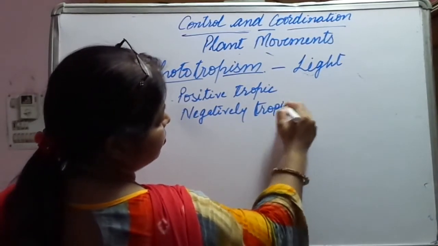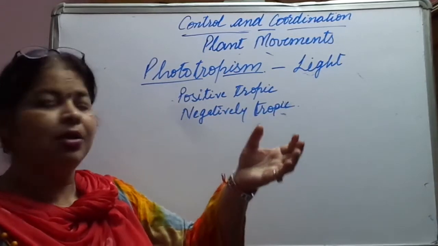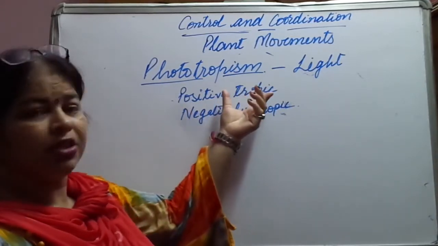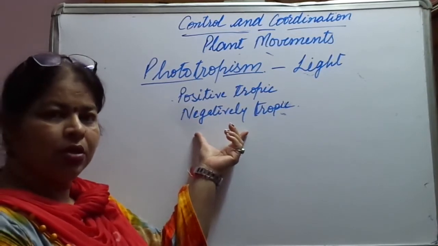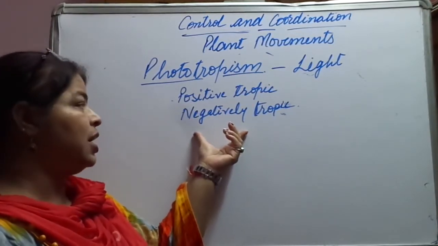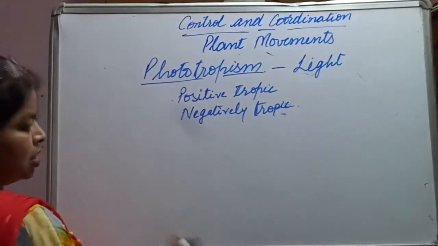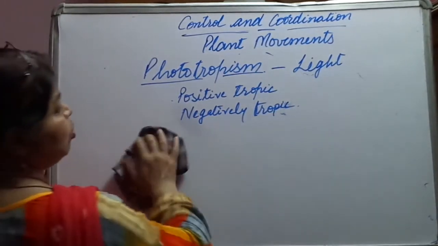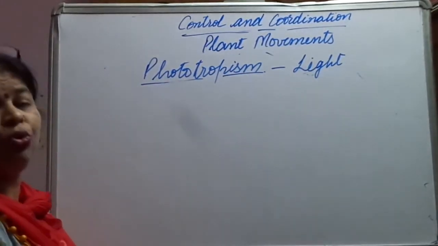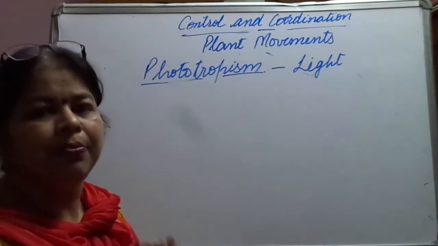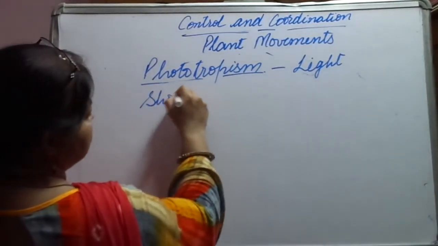Okay, if the growth is taking place towards the stimulus, then we say positively tropic. If it is taking place opposite to the stimulus, then we say negatively tropic. Fine. So let us discuss it now. In phototropism, which part of the plant is going to show movement? It is the stem or shoot. Okay, the shoot of the plant